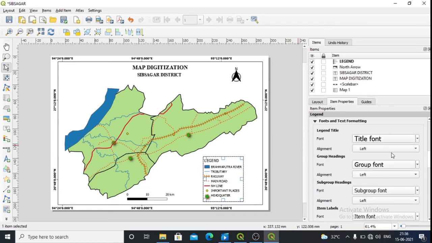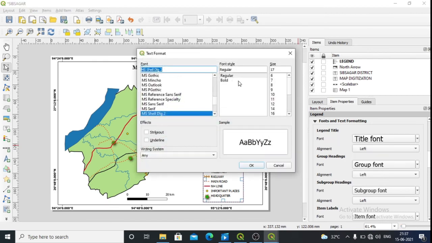So this is the title, you want the title to be a little bit bigger in size, so increase the size and make it bold, and this should be Times New Roman.